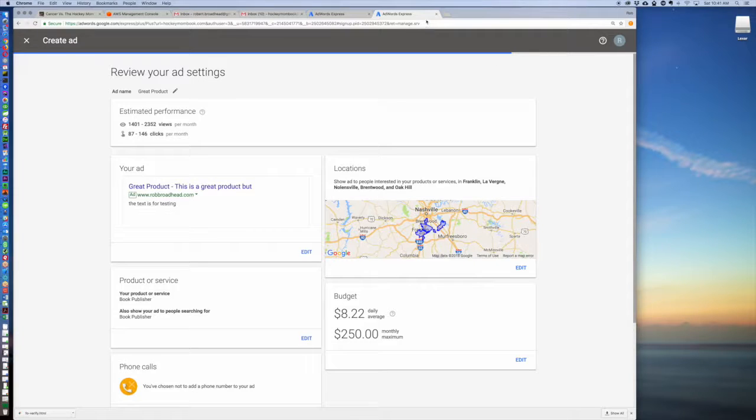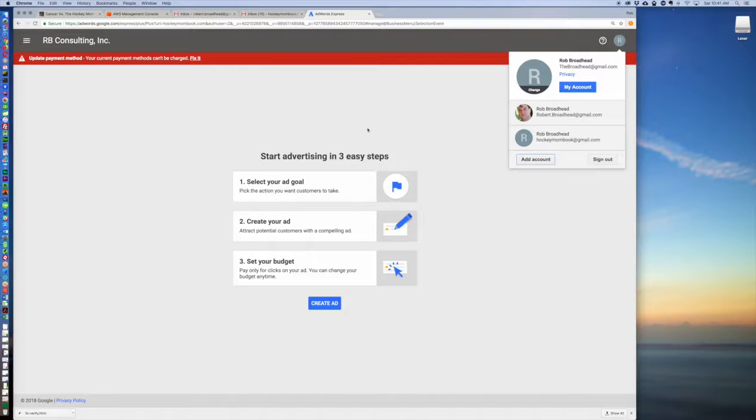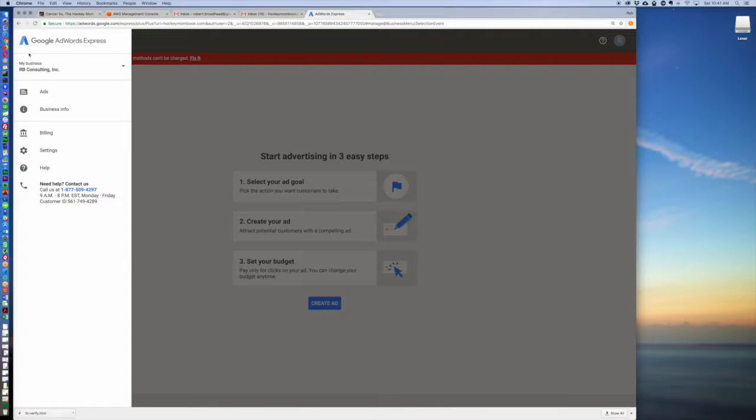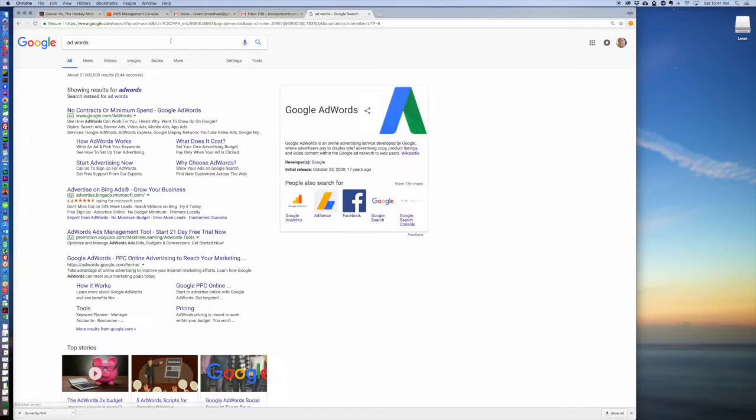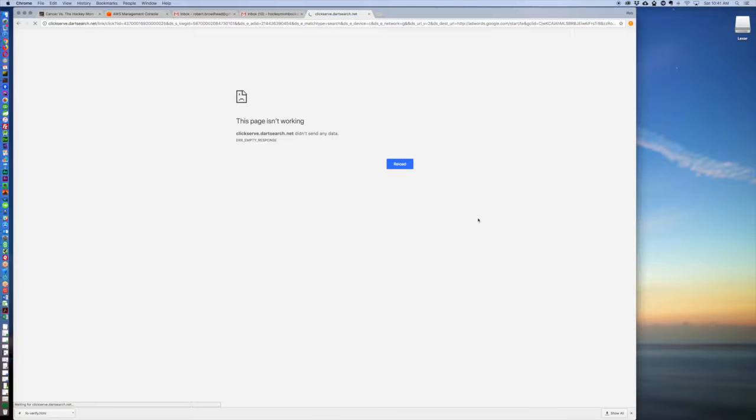So that is a key that you want to look at: by default, you're going to come through on AdWords Express. What you may want to do when you're setting stuff up is instead do Google AdWords. That is the difference when you log in. Google's a little slow today, but basically, when you log in, it's going to go through AdWords Express. I would actually recommend just go ahead and do that initially. Once you start learning a little bit more about it, once you've played with it, then